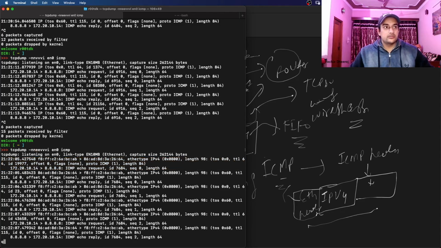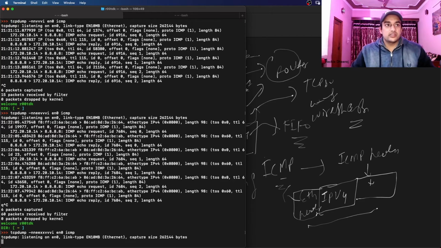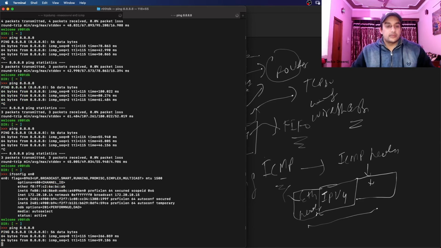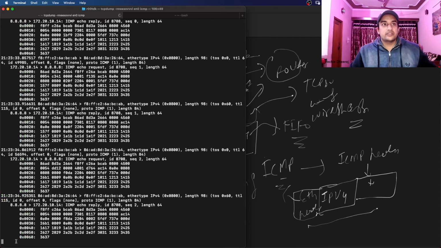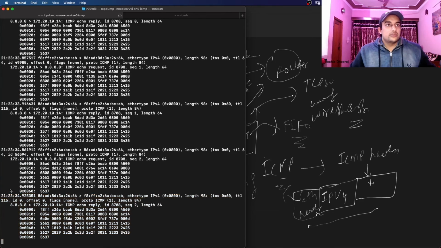Okay, so this is one thing. If you want to see a little bit about hexadecimal information, because as we have seen in Wireshark, we are able to see some hex codes, we can just pass XX, and let's just see. Now you will see a lot of hex codes. This is nothing but the same information present in hex code. Let me tell you how it is the same information.